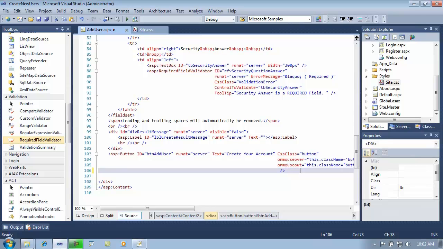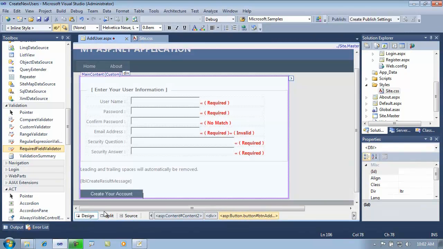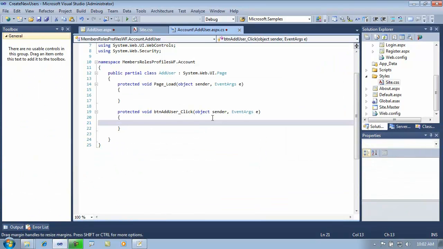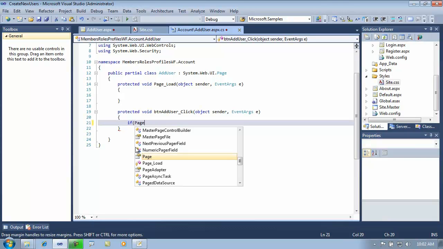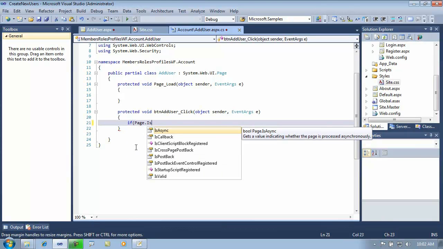So the next thing that we need to do is to generate the click event handler for the submit button. If we do that, then we have our click event handler in code behind. And here in code behind, we have to write the code that actually will create the user account. But before we do that, we want to validate all of the data that's been entered. So the first thing we want to do is check and make sure that all of the validators passed validation. So we can say if page is valid,